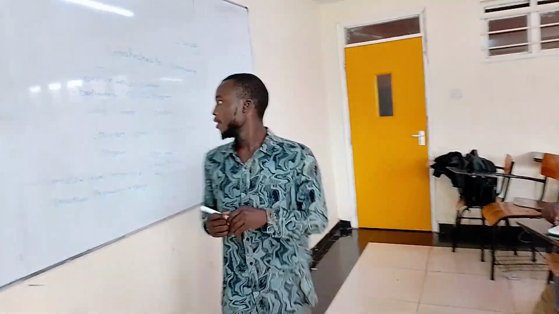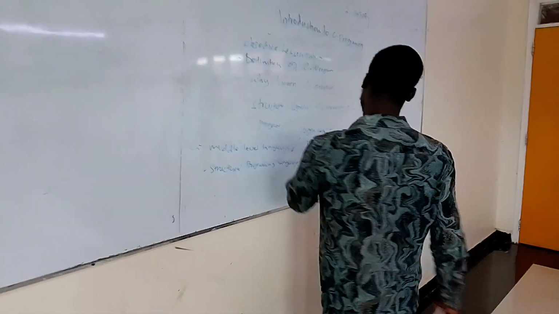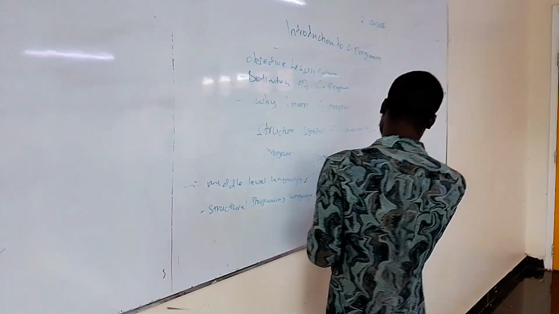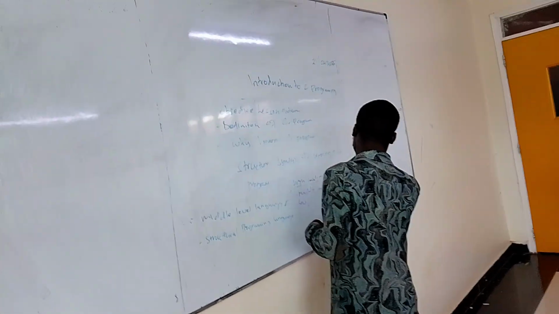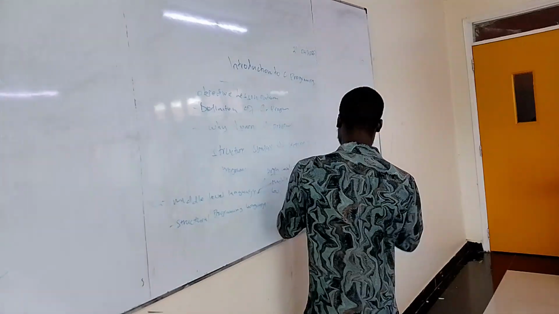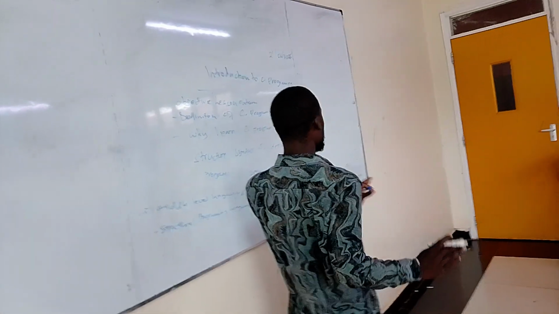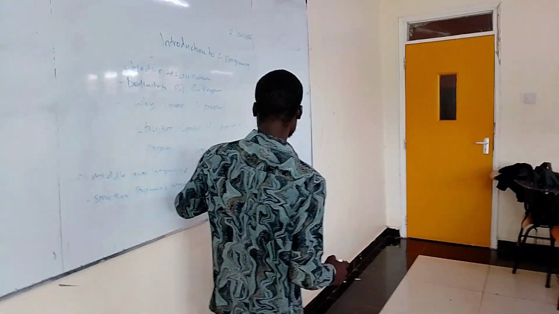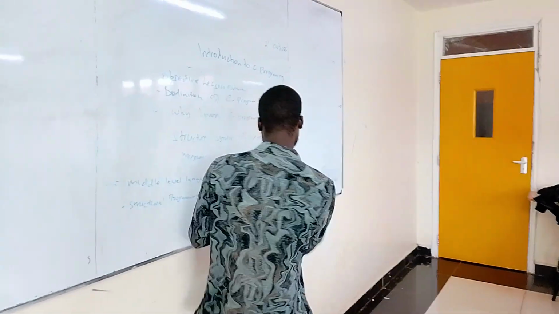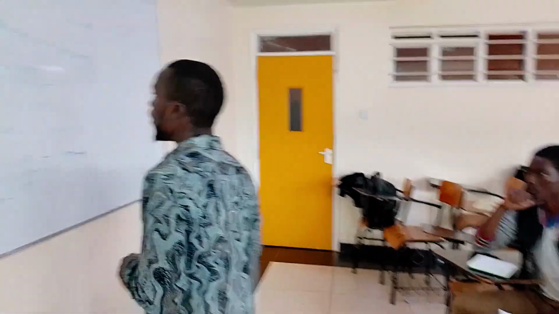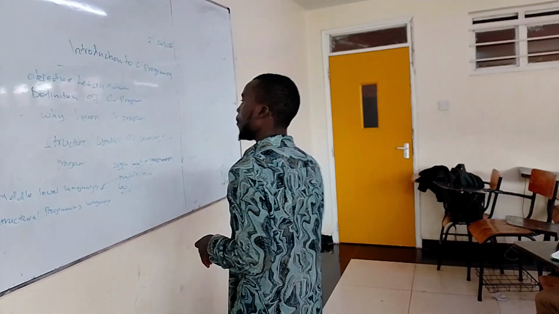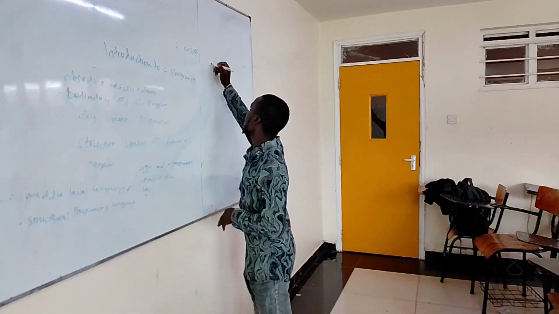So these are programmer friendly, like the structure of how they use mostly English, so someone can easily understand what the program entails. And with the low level, the machine finds it easier to interpret than the high level language. So we can see why